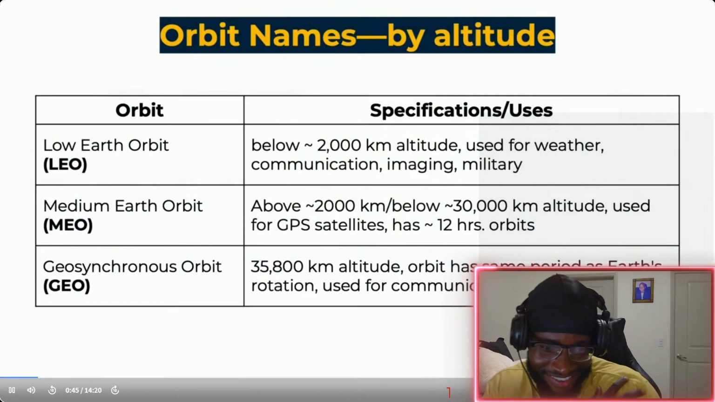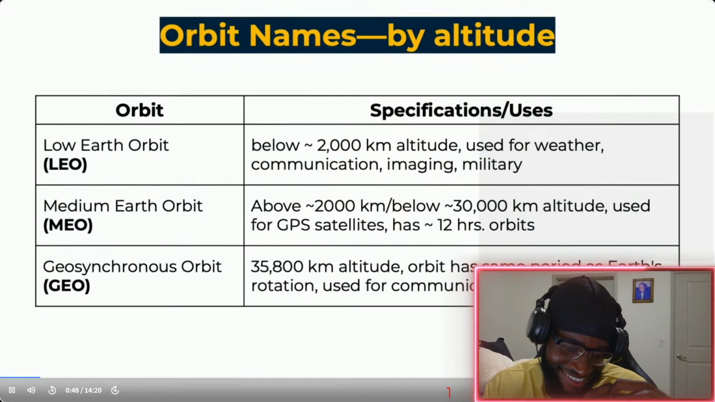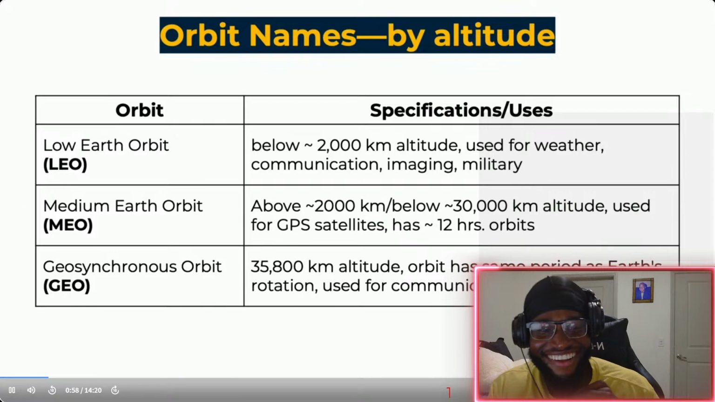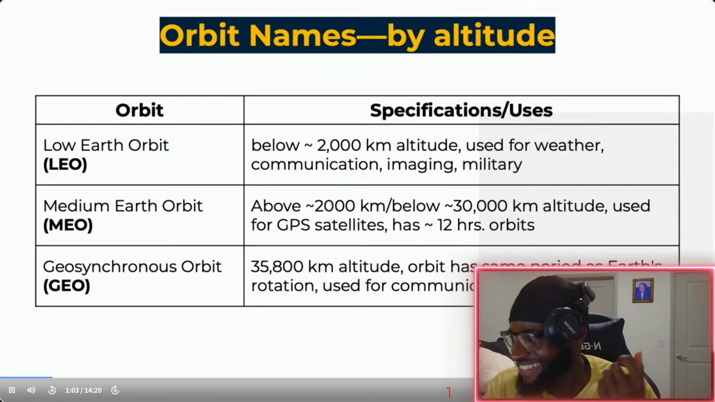Now, the next thing above 2,000 kilometers is medium Earth orbit. This is where mostly our GPS satellites are at. And they're around 20,000 kilometers altitude. And they have orbital periods that are about 12 hours, which is half a day. And so they basically have this ability to come back